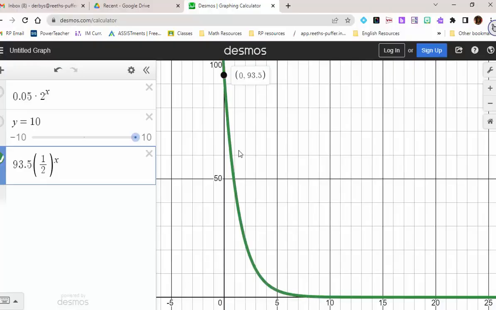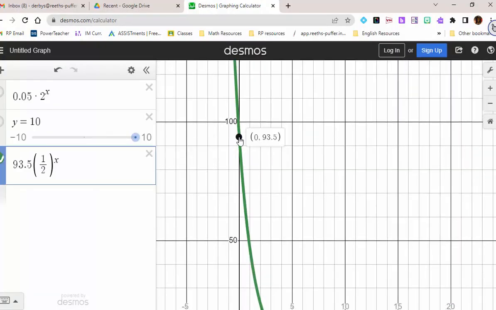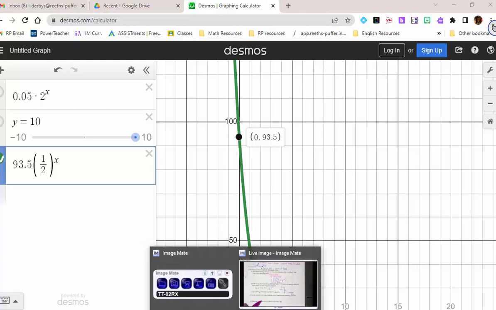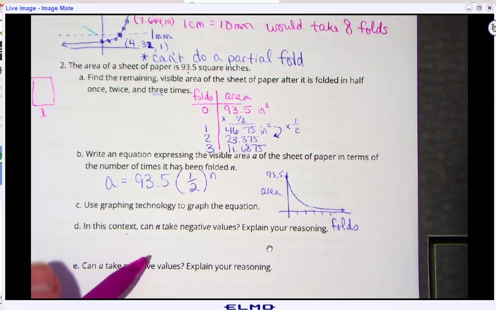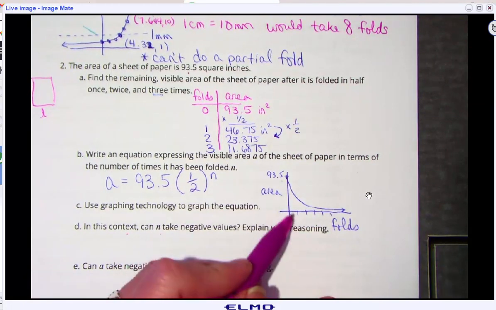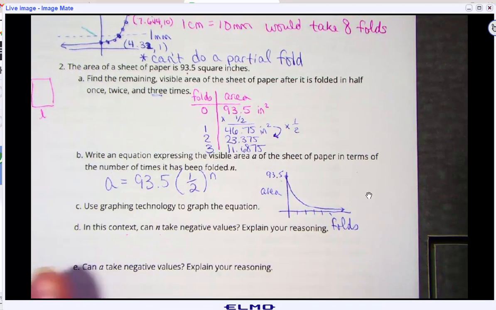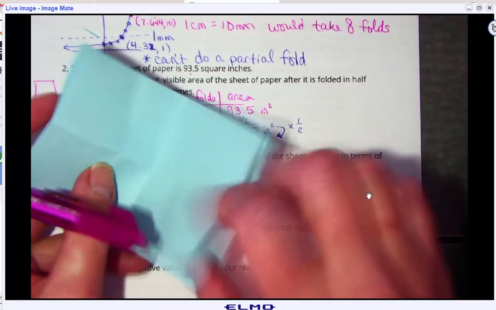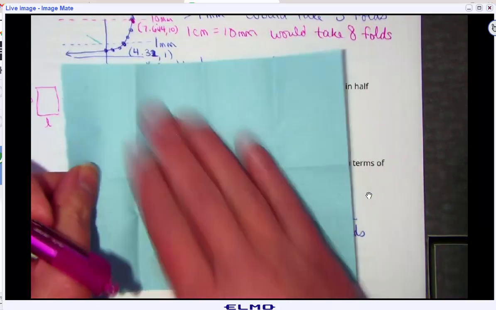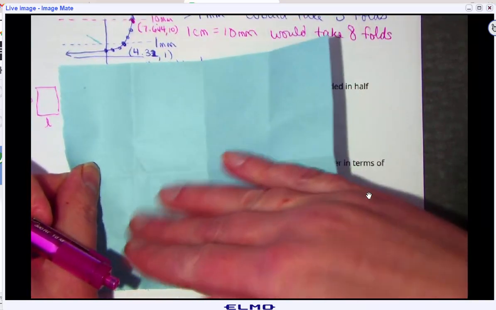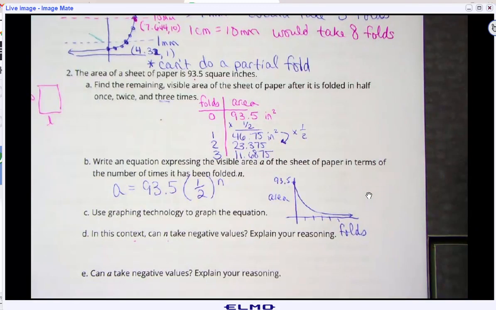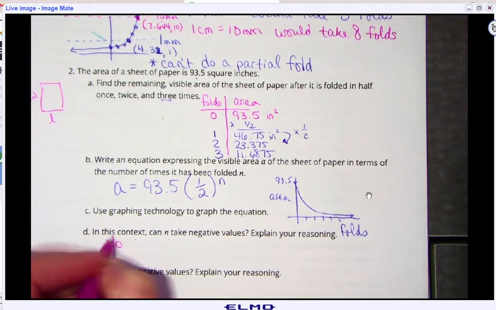Can our graph take negative values? Well, Desmos thinks that it can. See how it's going to negative x's over here? So it's saying that we can have negative x's. But if I think about it in context, it really doesn't make sense to have negative x's. To explain my reasoning, that would mean I have negative folds. I don't know what a negative fold looks like. I can only unfold the paper until I'm back to my starting area, and I can't unfold it any more than that. So, no, n cannot take negative values